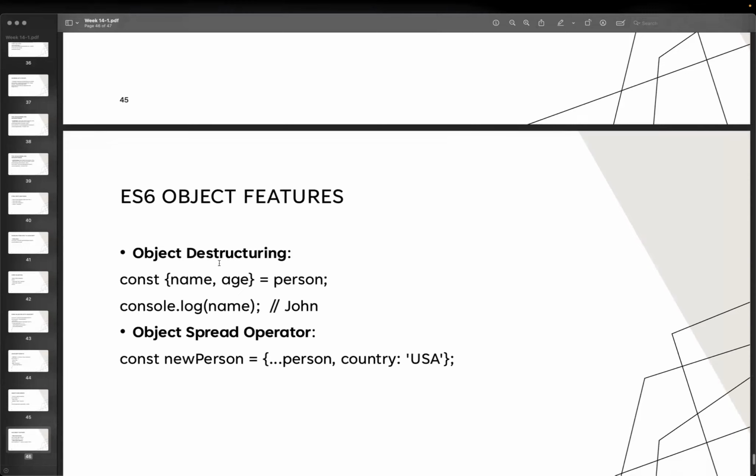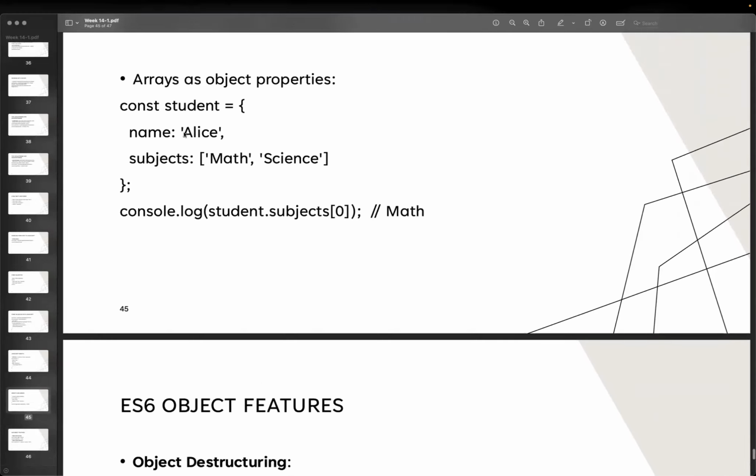And we have object destructuring. So let's say we declare a constant, and then we can name and get age, right? So for the equals to a certain person, once you log it, we're able to get the name. So that means the person right here. So we have a match